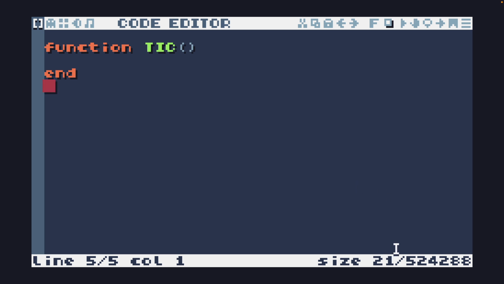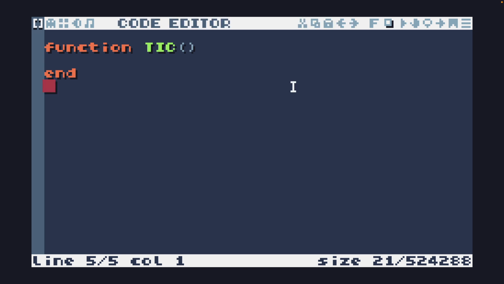If you're taking part in a byte battle, it'll be the character size. If you're entering a size coding competition, it'll be the file size. I'm going to go ahead and run this program, and as you can see, it does pretty much nothing. The menu bar has changed to indicate that the program is running, but the program hasn't actually done anything, so